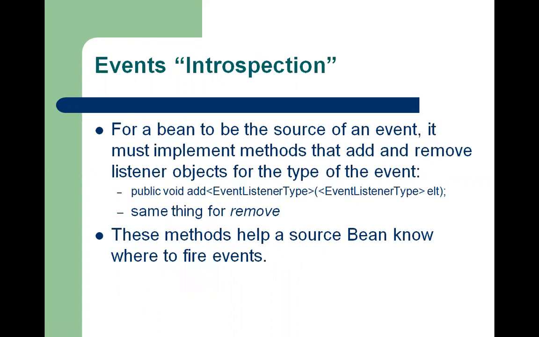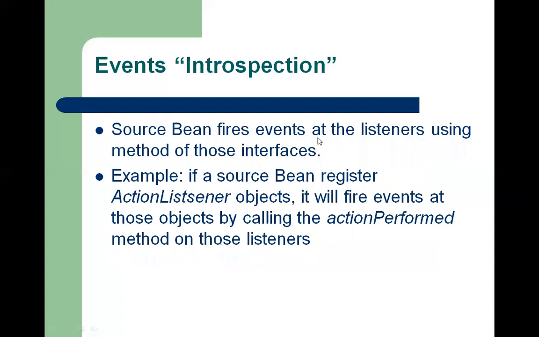For a bean to be the source of an event, it must implement the add and remove listener object methods. So first of all, we need an event listener type, and that event listener type is something that, when we click that color, listens, and how it is processed is defined in programming. It is a defined program with the help of the introspection property. Okay, this is what the introspection property is all about. External listener objects, then the object will be initialized. That object will be a method, and with the help of that method only, that paint box has been dropped.